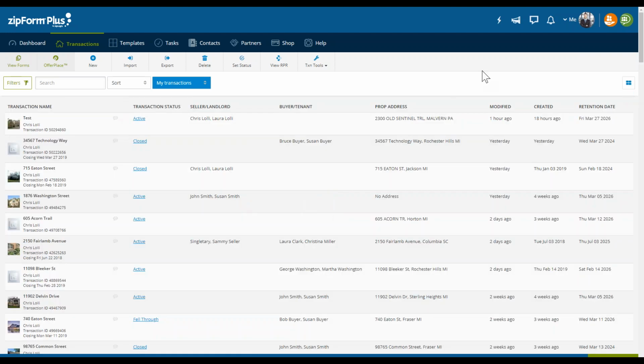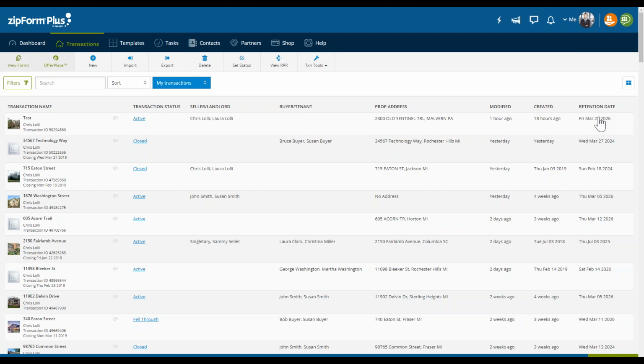Okay, and I personally like this view. It is a little bit easier to obviously demo it in the other way, the grid view, simply because it's a little bit bigger. But I do like to showcase this, particularly because of the retention date on the far right. And the reason I say that is because this is that Zip Vault part of your NAR transaction management benefits, that subtle feature I mentioned at the very beginning: you get ZipForm Plus, you get Zip TMS, and you get Zip Vault.